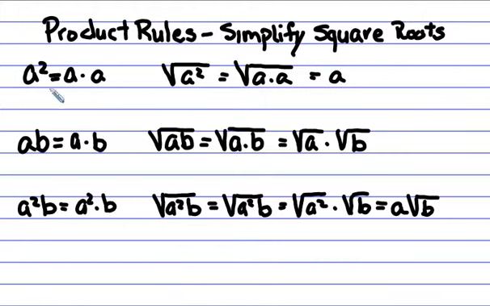So for instance, I know that 5 times 5 equals 25. So that means 25 is a perfect square. How about, let's look at the number 12. I have 3 times 4 equals 12. I have 2 times 6, 1 times 12, but none of these factors are identical, so 12 is not a